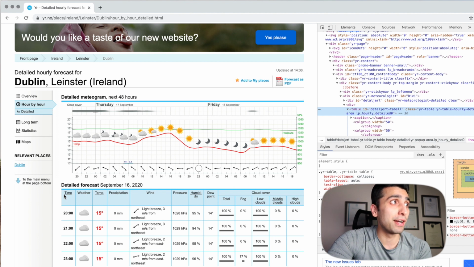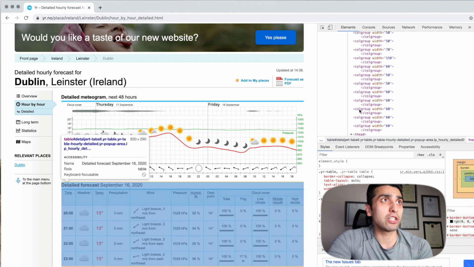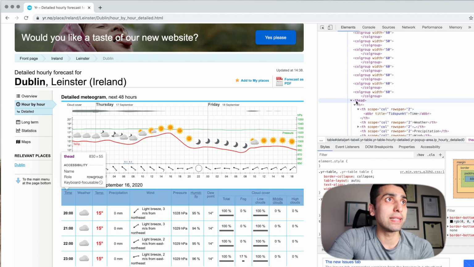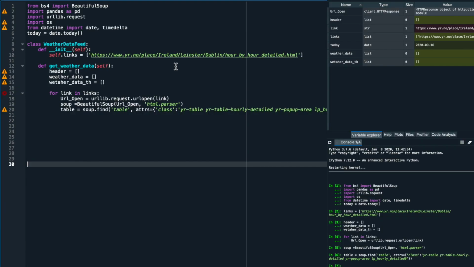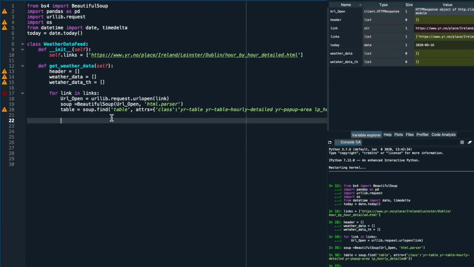So first of all, what I want to find is all the headers. If I go back within this, I can easily see that this is what I'm trying to look for, which is my T head. And these are the table headers. So what I'm going to do now is go back into my function, and this is table, and I can name it as table header,